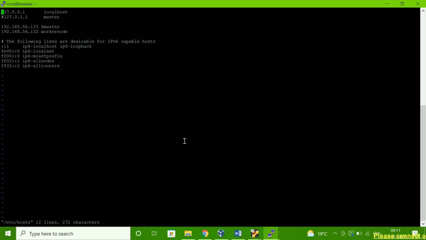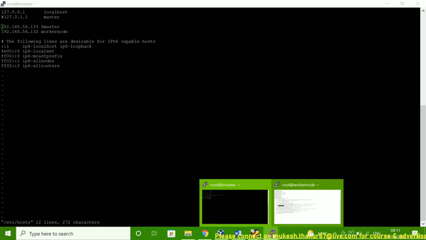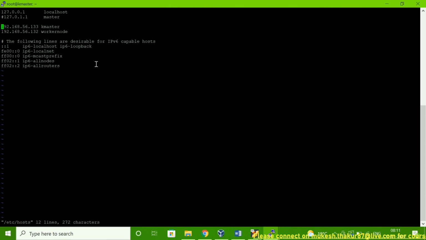If you don't have DNS, then you can go here and add your worker node IP and then your server hostname, and the master server IP and that hostname.